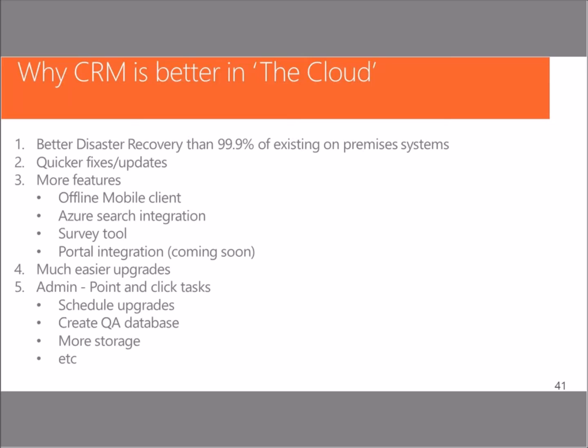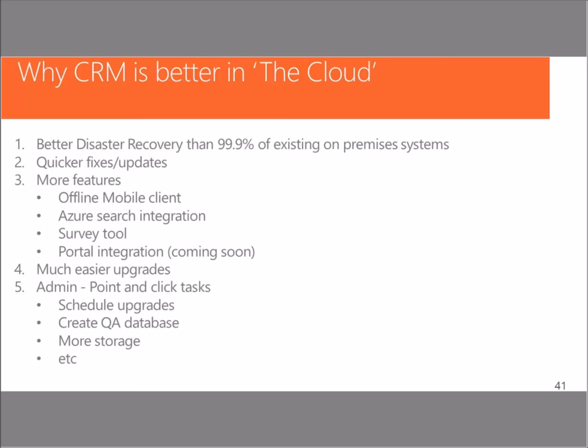Their DR is cross-country. So when you save a record in CRM Online, you're saving it to literally 2 SQL Server databases, and that's being replicated across the country to 2 other SQL Server databases. In a case of a total disaster, a big earthquake on the West Coast or a big hurricane that engulfs the East Coast and takes out a data center, within minutes you can be up and running again. Very few companies have that type of DR capability. And there's a whole slide deck on CRM Online and DR, security, etc.